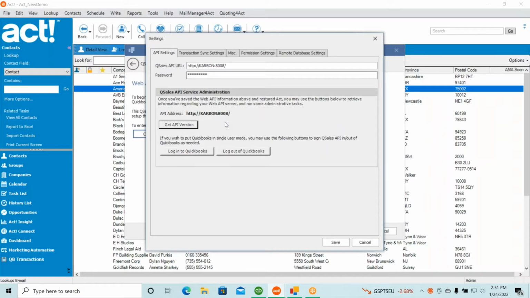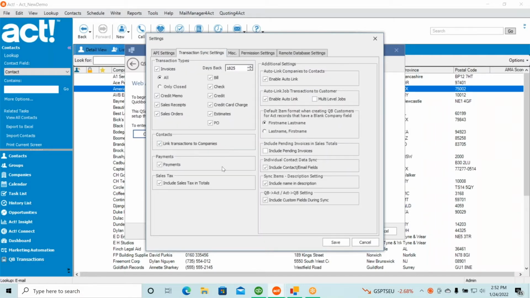Now next, we've confirmed that the API is working. We've got all the address information. Now we're going to click on the transaction sync settings. As the name would imply, this is the information, the transactions that we will be syncing to QuickBooks, okay? So I generally tell people, do not sync